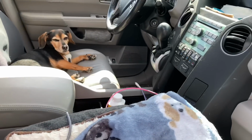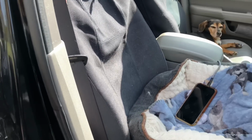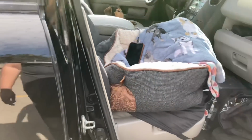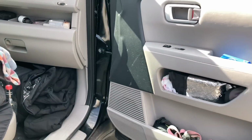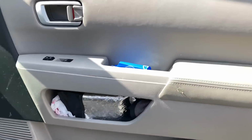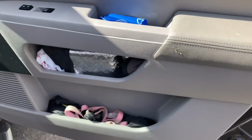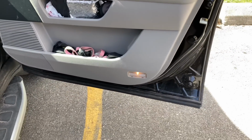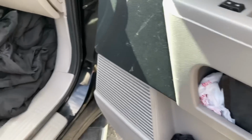Pippa's bed is obviously up here because she likes to sleep up here at night. I do have a seat cover on there as well, so her bed doesn't slide around. And then this front door storage is hers, so it has her extra leashes, doggy bags, everything like that, so I have no excuse but to pick up after her. And she also decorated it really recently with her snot, because she likes to sneeze on this door